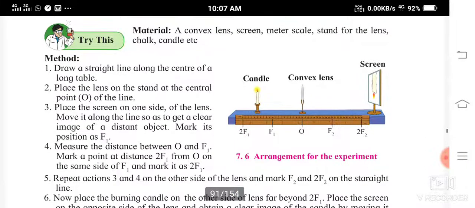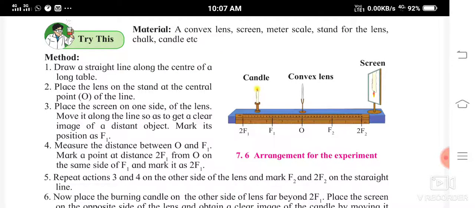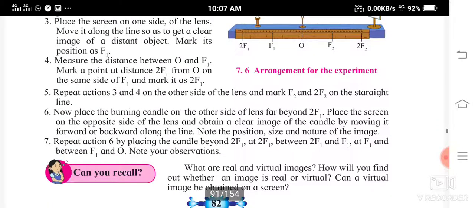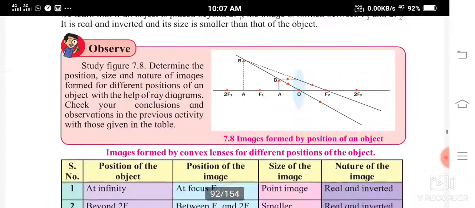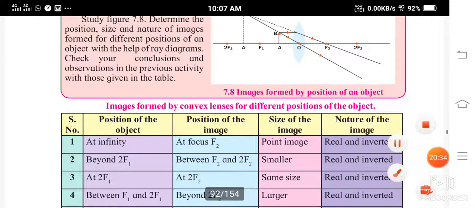So these three rules I have told you again and again. The reason for this is that it's going to be very important. This can be asked in your exam. So study it. So let us continue in the next video.